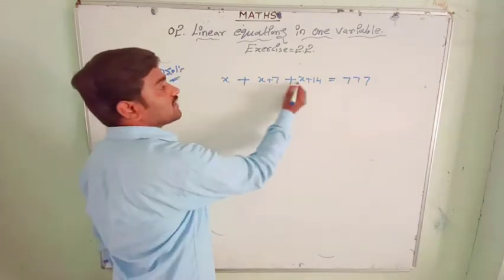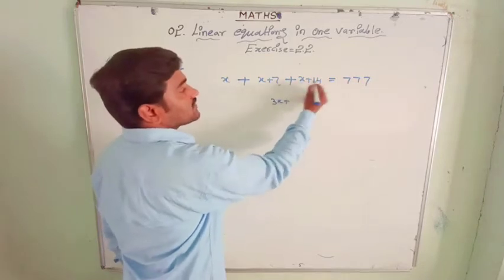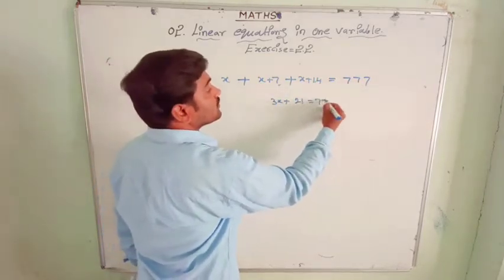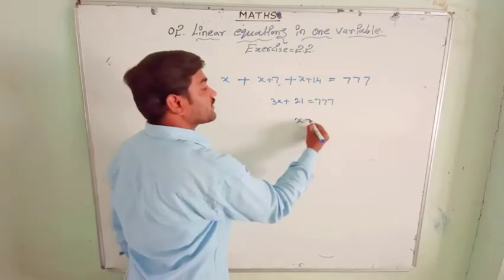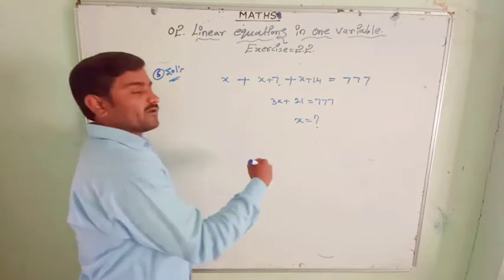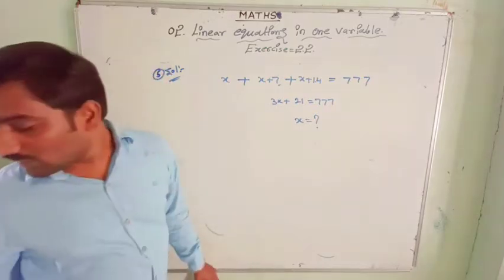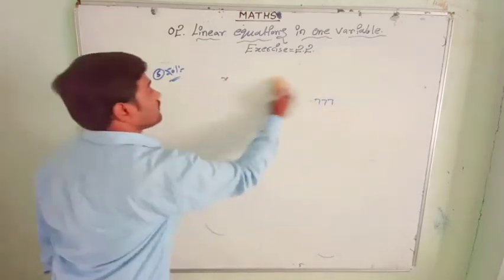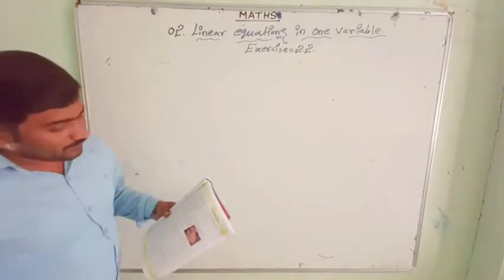Then 1x plus 1x plus 1x is 3x, plus 7 plus 14 is 21, equal to 777. Then find out the x value here. Let us check how many of you will do it. Comment your answer in the comment box so that I will know your answer. Okay, then we go for